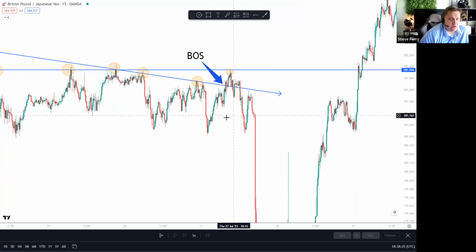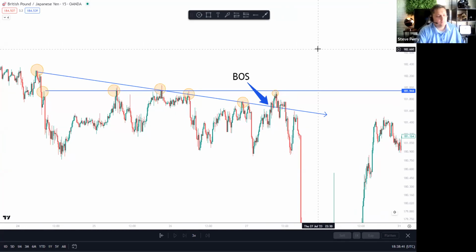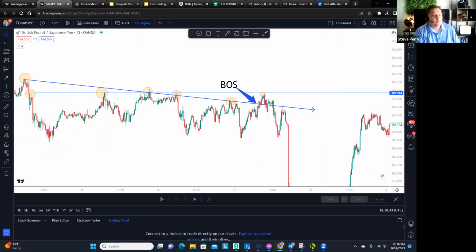So if you were to have traded this, because it didn't break above that resistance, you would have still looked for a buy, but you would have waited for it to maybe pull back into a deeper demand level. You don't want to be as aggressive when that happens, right? Okay, so there's an example. Shall we look at some others?